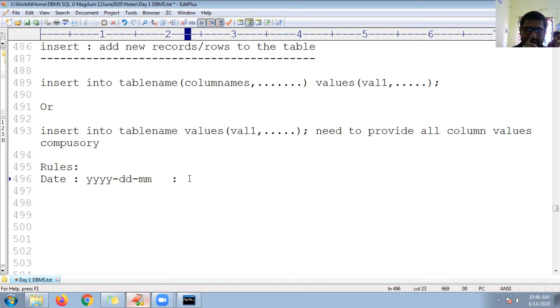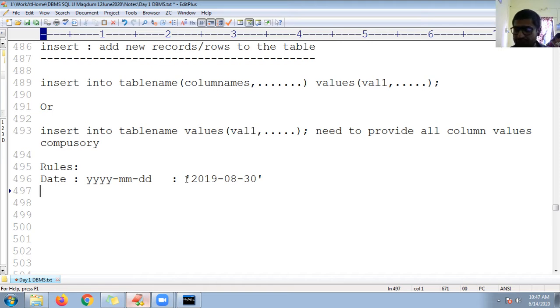The value for this date you need to insert in single quotes only, like '2019-month-30', with hyphens. You can observe the value is in single quotes, guys. While inserting a date value, or date time, or timestamp, those values must be enclosed in single quotes.